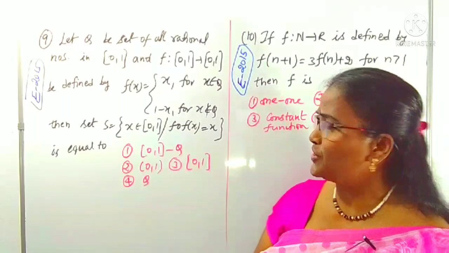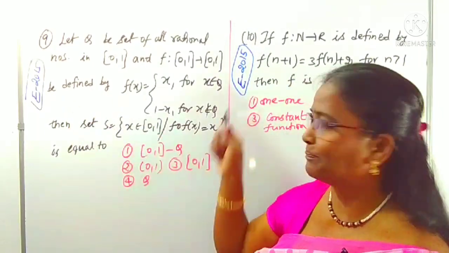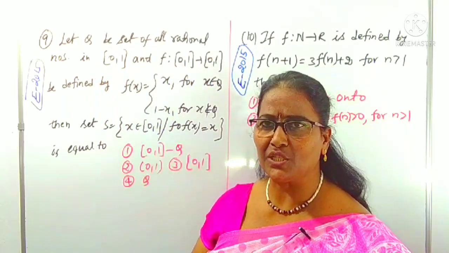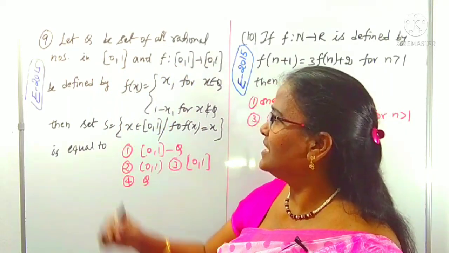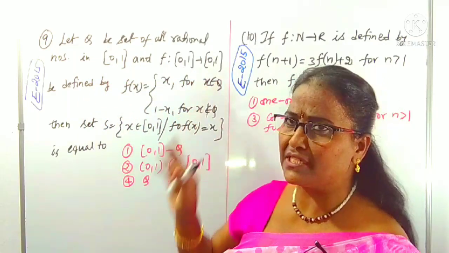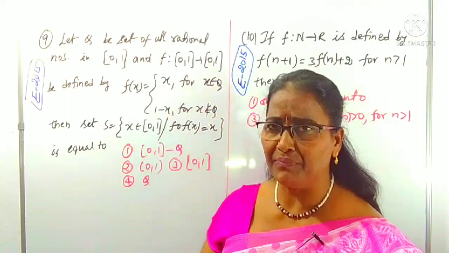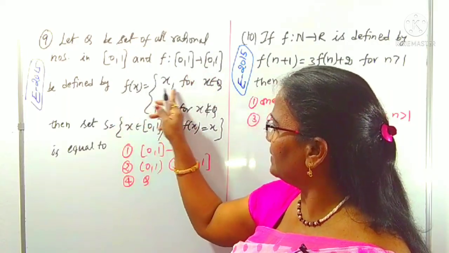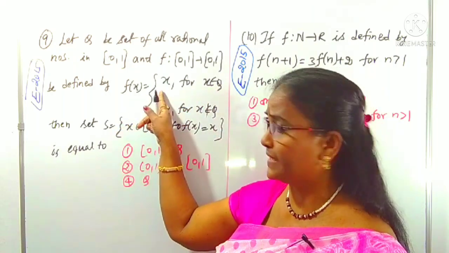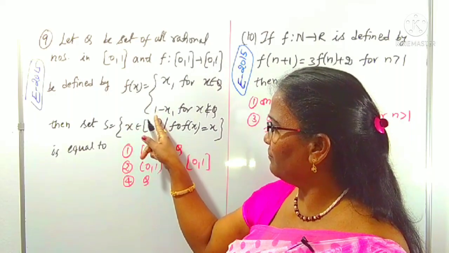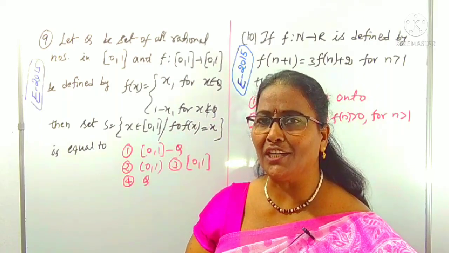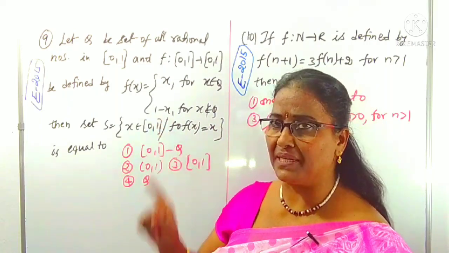Yes, look at the next two questions which are given in EAMCET 2015. What is this question? Let Q be the set of rational numbers. What is Q? Q is the set of rational numbers in 0 to 1, and f is a function from closed interval 0 to 1 to closed interval 0 to 1, meaning domain and codomain are the same, and defined as f of x is x for every x belonging to Q, meaning for every rational number f of x is equal to x, and f of x is also defined as 1 minus x for all x not belonging to Q, which are not rational.